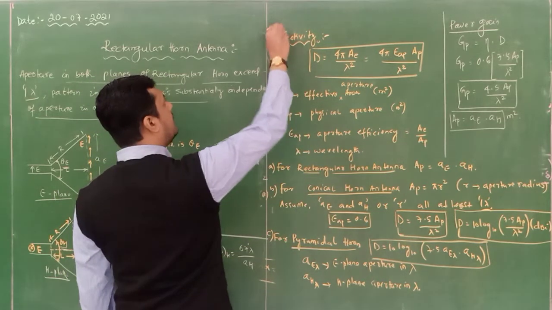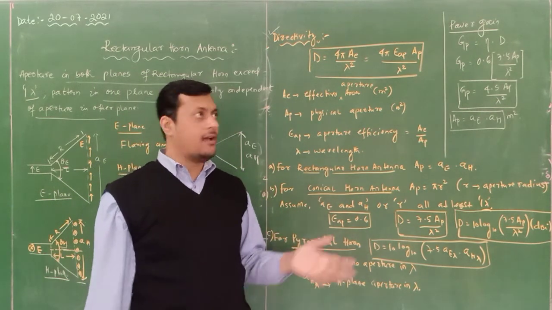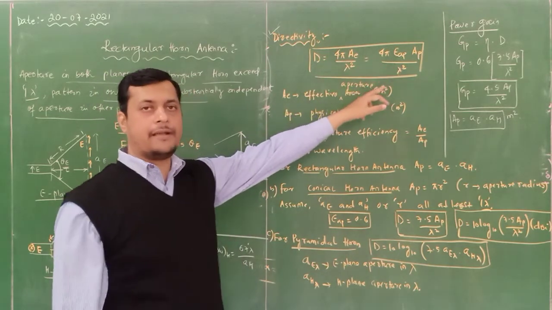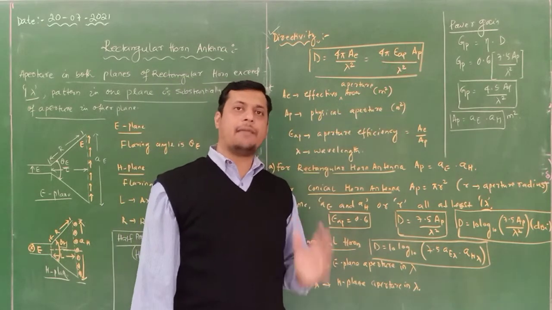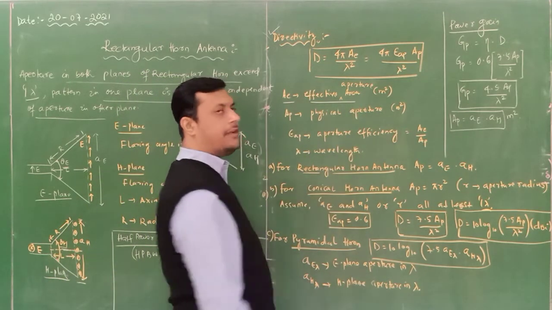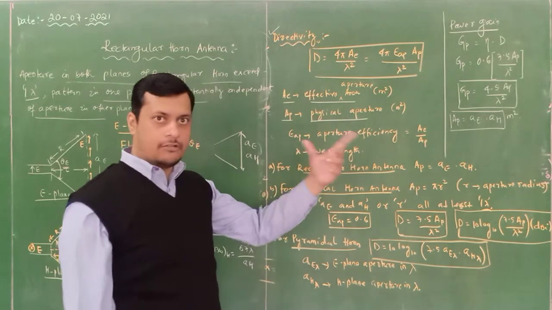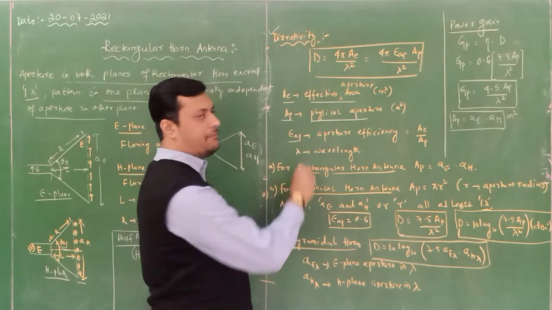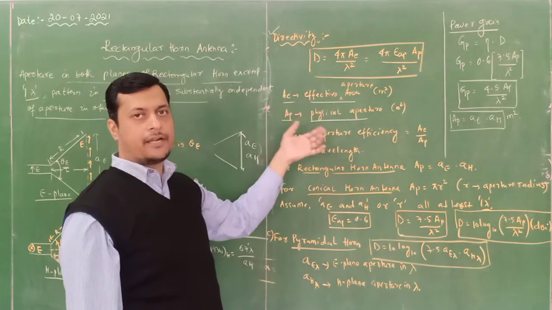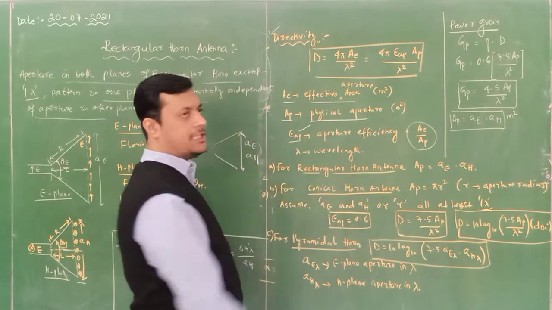So what is our directivity? We have the relation, which depends upon the effective aperture area. It is 4 pi AE divided by lambda square. In place of AE we can substitute epsilon AP into AP, where epsilon AP is the efficiency of that antenna. Here AE is called the effective area, measured in meter square. AP is the physical aperture, also in meter square, and epsilon AP is the ratio of the effective aperture area divided by the physical aperture. So it is AE by AP, and the efficiency is identified.